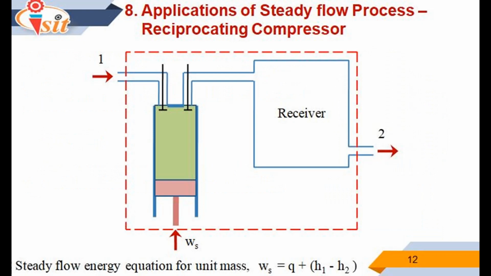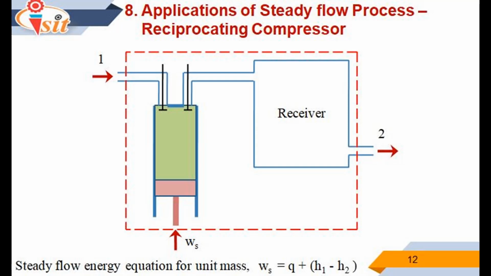The next type of compressor is the reciprocating compressor. The control volume includes the receiver, which is of sufficiently large capacity so as not to allow any fluctuation of flow in the discharge line. The reciprocating compressor may be treated as a steady flow machine, but due to the low rate of flow and large area of contact with the surroundings, besides a deliberate attempt to remove the heat to reduce the shaft work done on it,